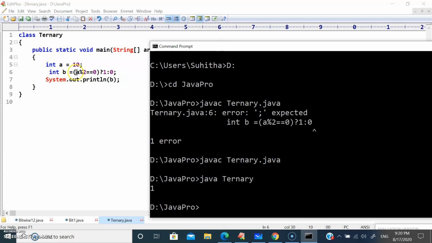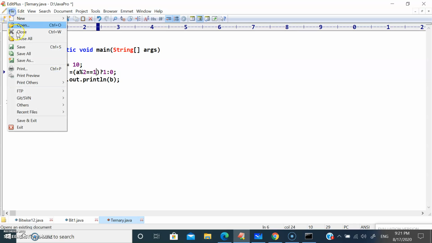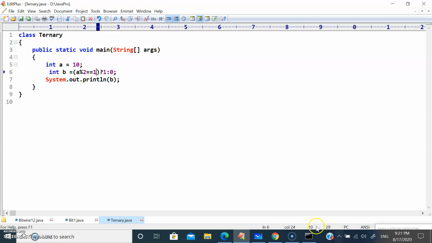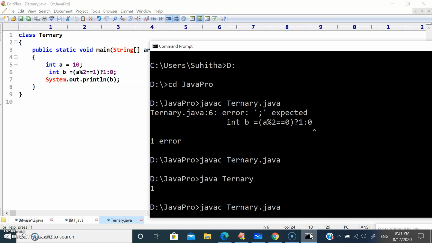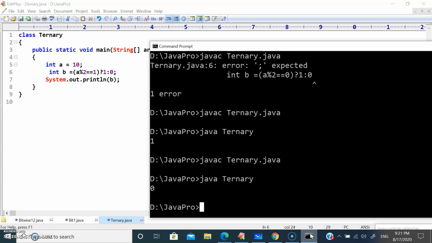So if the condition is true, it goes for value 1. If the condition is false, it goes for value 2. You can have only two values. You can't have more than two values in the ternary operator. For example, if I make it 1 over here, file, save, Java Ternary.